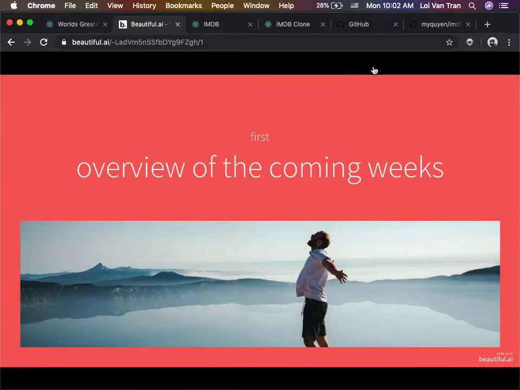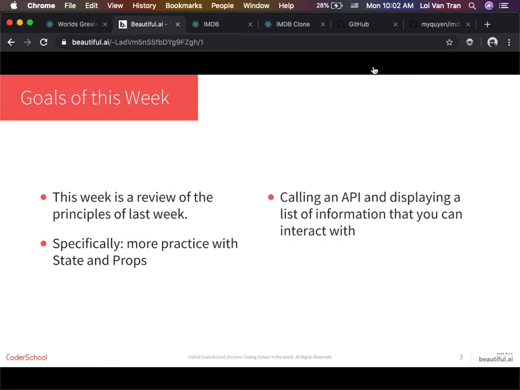But we need to talk about what we're going to do over the next couple weeks, okay? So we got a lay of the land. This week is going to be a review of what we did last week. What are some of the things that we did last week, guys? Yes, we built components. What did that take? What are some of the key words? Tell me some key words. Props, okay. What do props do?